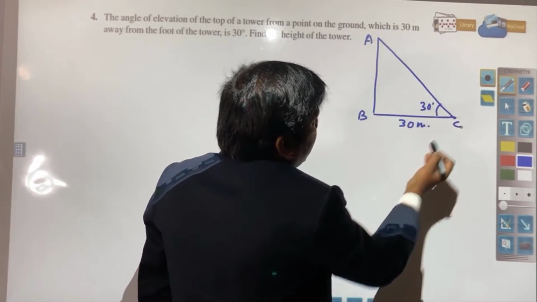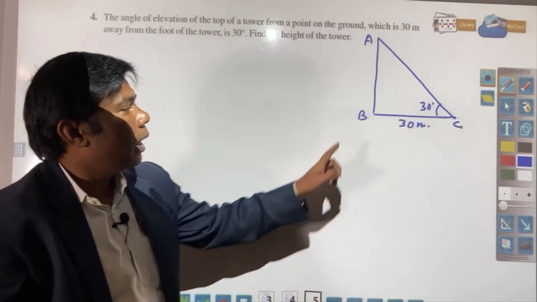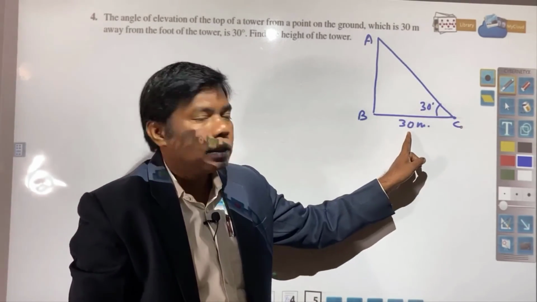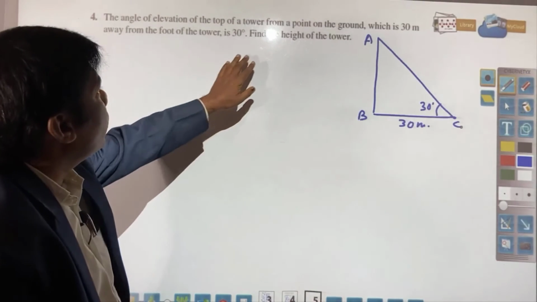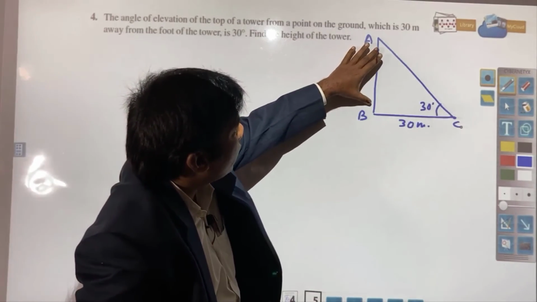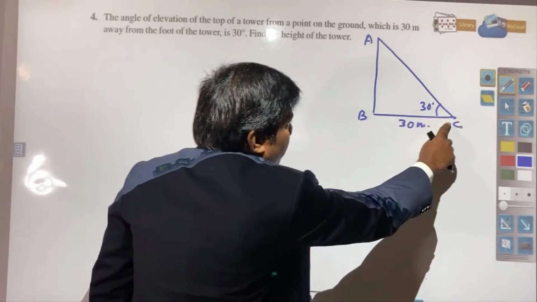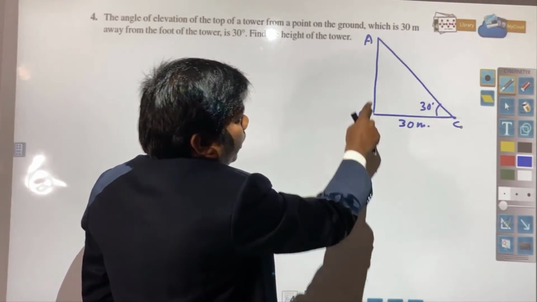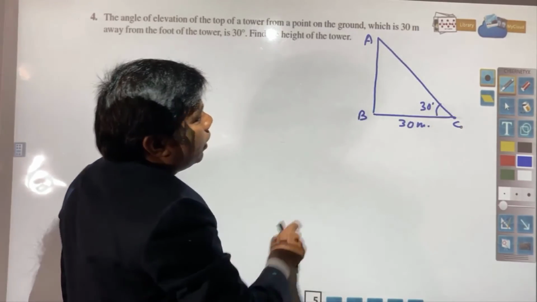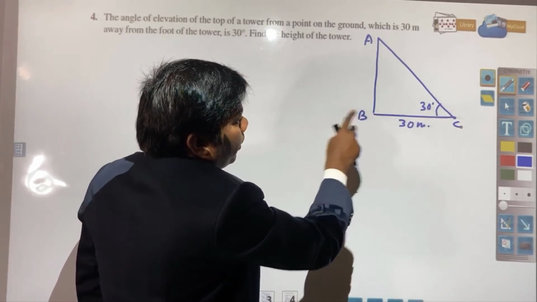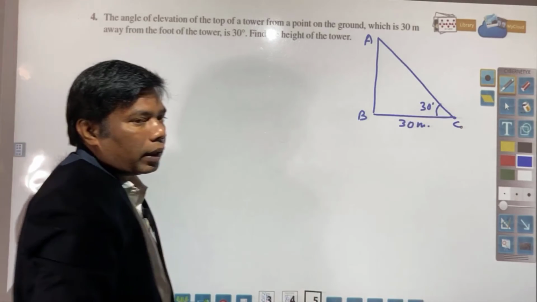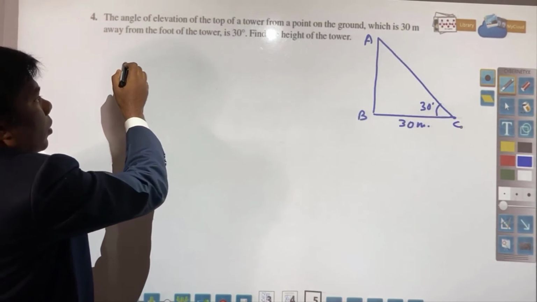At point C angle of elevation is 30 degree and the length of BC is 30 meter. What you need to find out? Find the height of the tower. You need to find out AB. It means what has been given? Base has been given. Acute angle has been given. You need to find out P. What relation it means? P by B, that is tan or cot you can take. So here we will see